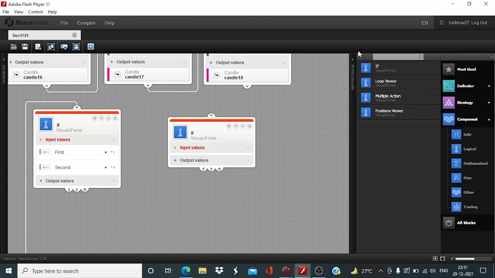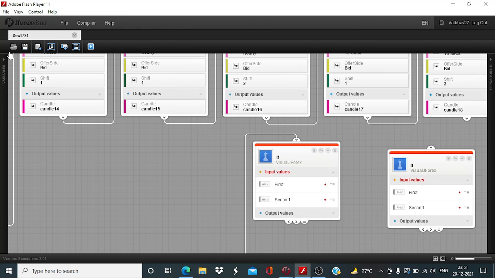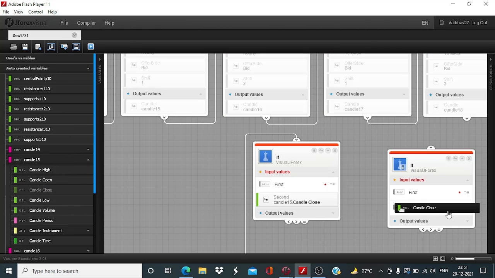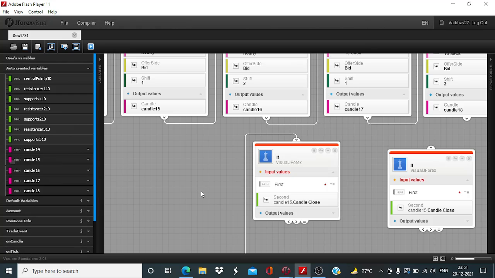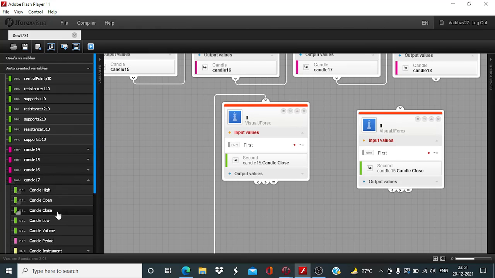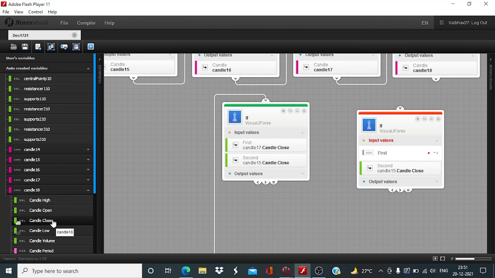So here we bring in these two more if blocks and we take candle 15 candle close as the common input and compare it to the closing values of candle 17 and candle 18. Candle 17 candle close and candle 18 candle close. Okay,